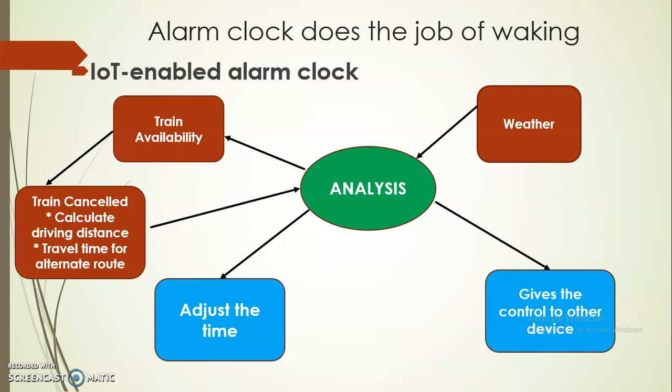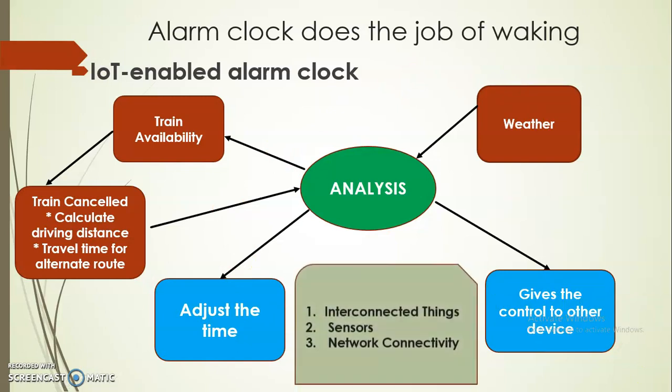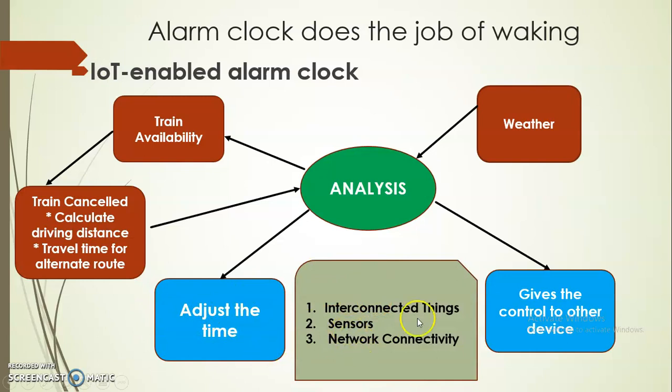Since the train is cancelled and you have to self-drive, IoT can also be synchronized with the vehicle. It can check the fuel level of the vehicle. In case the fuel is low, the person has to spend some time at the petrol bunk. Hence, the alarm has to be preponed further. So, you might think how it all is possible. It can happen with the help of interconnected things,